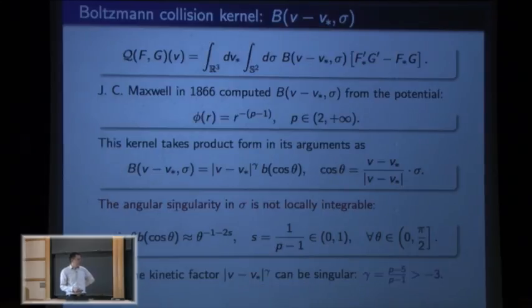Okay. Also, this kinetic factor |v minus v star| can be singular to the power gamma. Gamma can be as singular as -3. So you have this cross-section, and it can have singularities in both the relative velocity v minus v star and in the angular singularity. So this is the full Boltzmann equation that was written down by